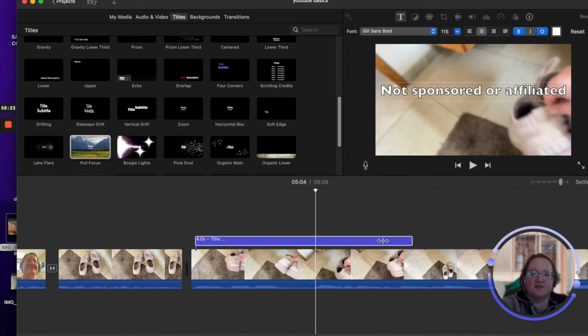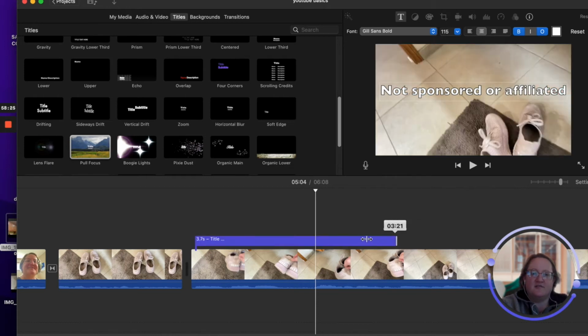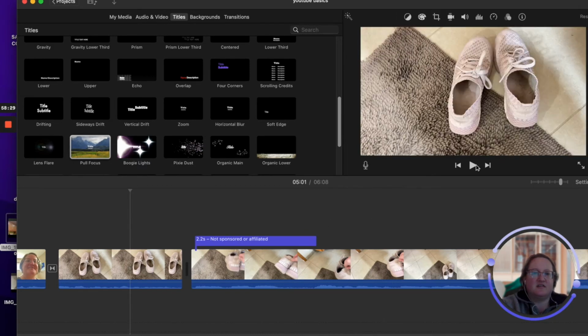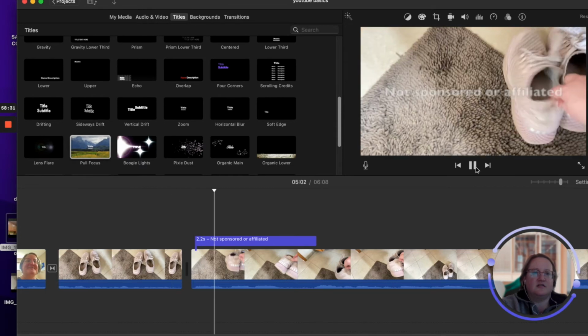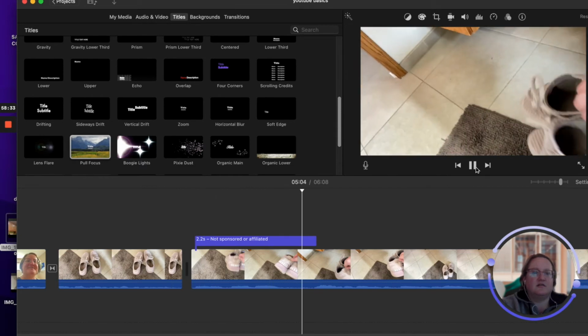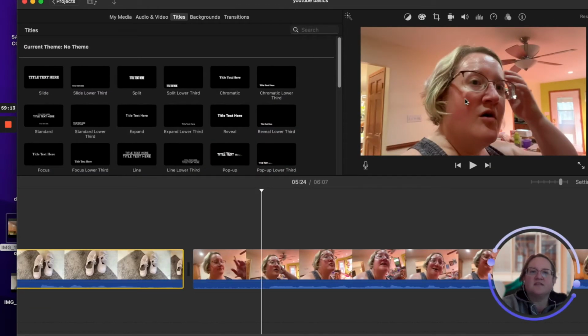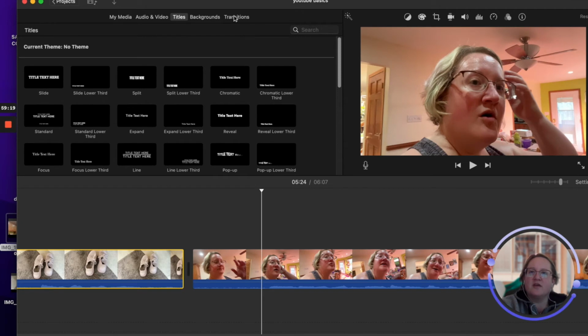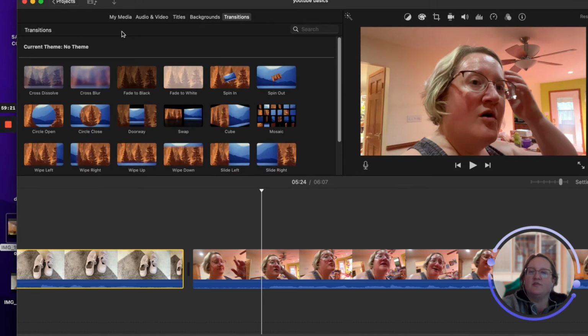So if we don't want 4 seconds, then we can adjust that. So if you want to add text on your screen, you would do that with titles. You've got a lot of different titles here that you can choose from. And then if you want to, you can toggle between these to do